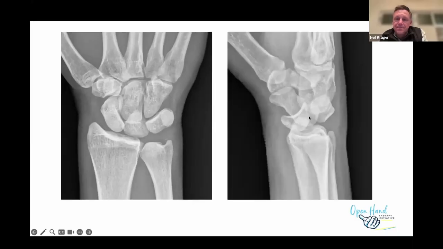This is a perilunate dislocation. Okay, so if you look at the right-hand side over here, this is a lateral x-ray of the wrist where the capitate is completely dislocated over the back of the lunate here. All right, again,